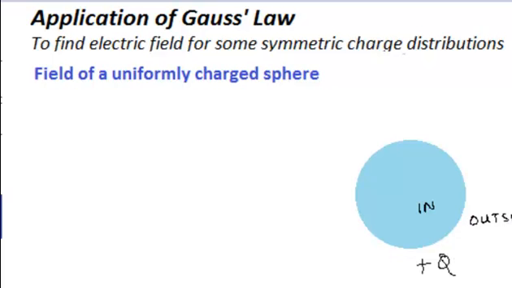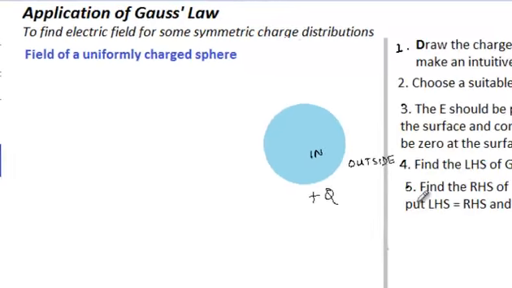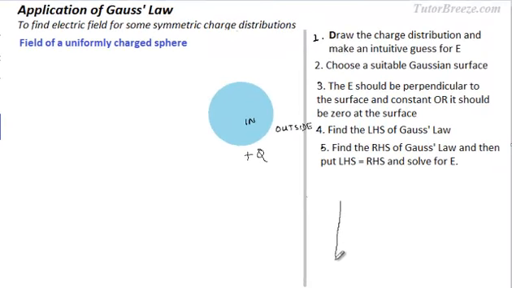Now once again we'll follow a particular sequence of steps that I've listed out over here, and we've used the same sequence to find the electric field due to an infinitely long charged wire, then due to an infinite sheet of charge, and due to a conducting sphere also. You can go through these other lessons, because these are the different applications of Gauss's law.